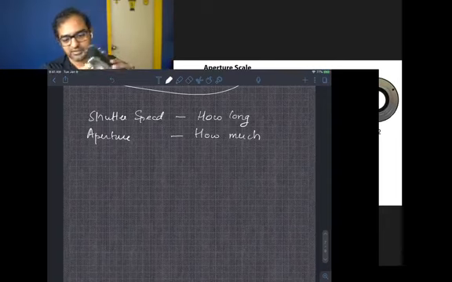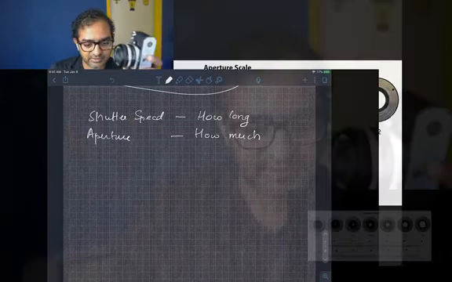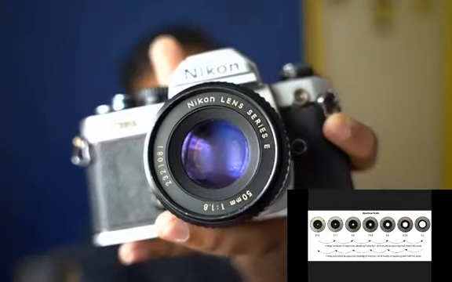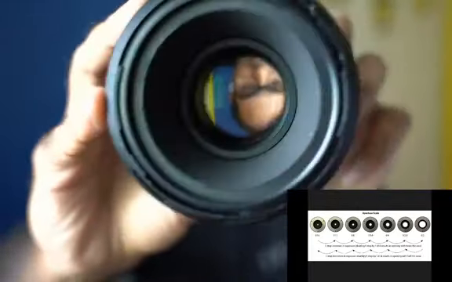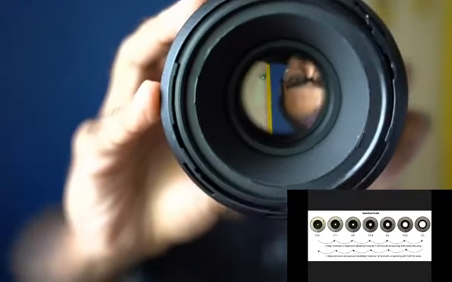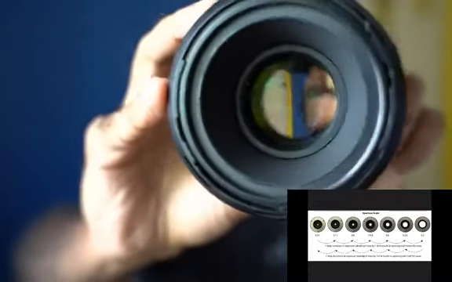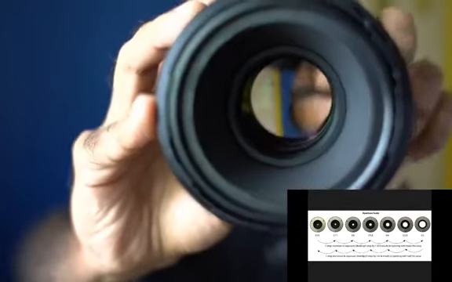So if you look at this, I'm just going to make this a little bigger. So this is a standard DSLR. This is my film camera, right? So I think everyone can see it now. I'm just going to put it in front of my face so you can all see it. So this is a lens. A lens has an aperture. So I'm going to just detach, and show you a lens that I have here. You can see right through the lens, and you can see an inverted image of me in the back. So this is what's called the wide open aperture. This is the maximum amount of light the lens can let in.